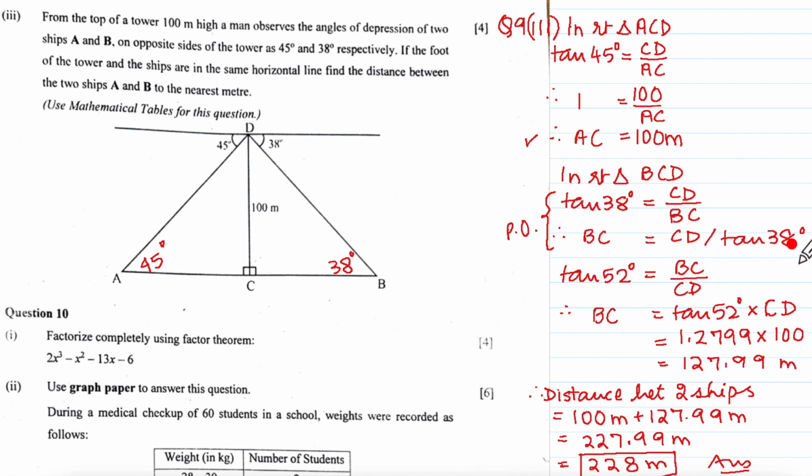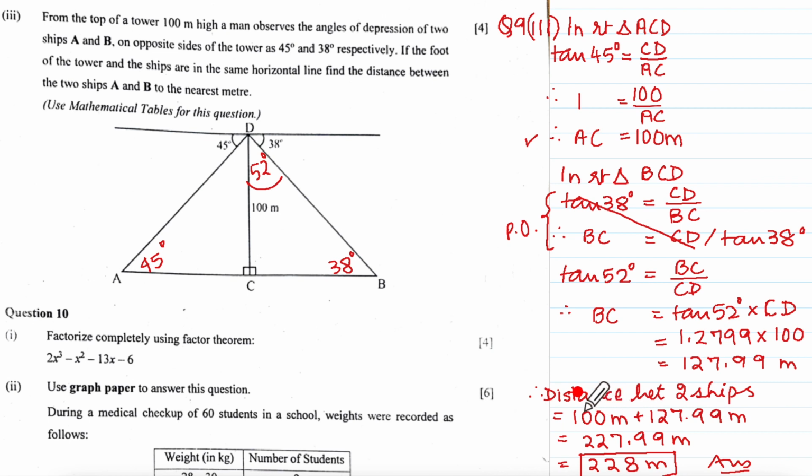Now I don't like dividing by a 4-digit number, so I will say please omit to the examiner. I'll just strike this and I will take the complement, that is this 52 degrees, and now tan 52 will be BC upon CD. Can you see that? So BC becomes tan 52 multiplied by CD. I use the log table, I get this value and I write this, and this is how I get